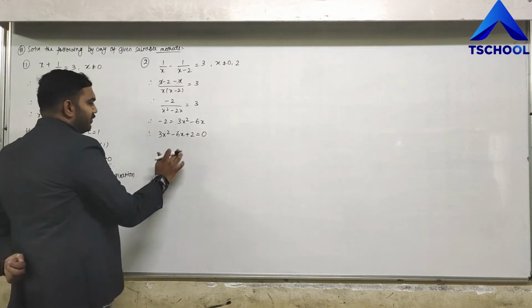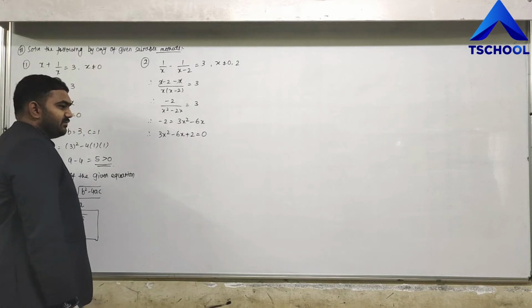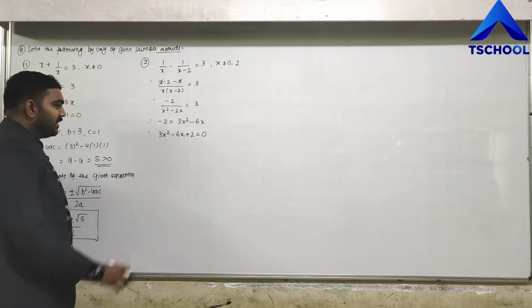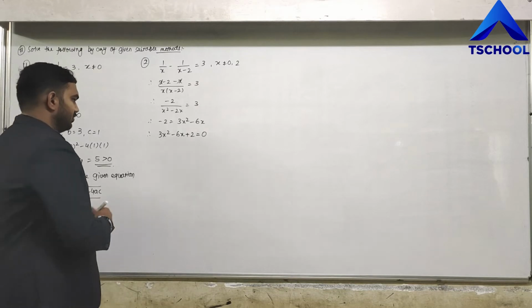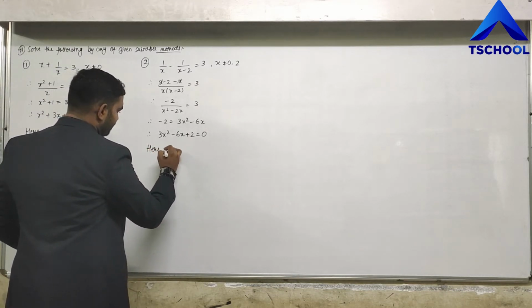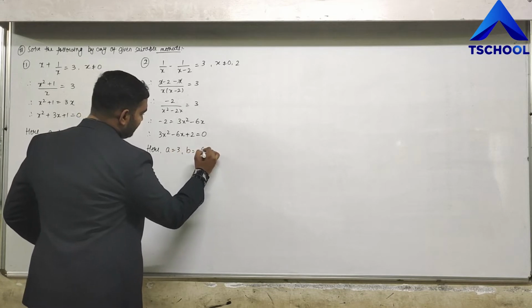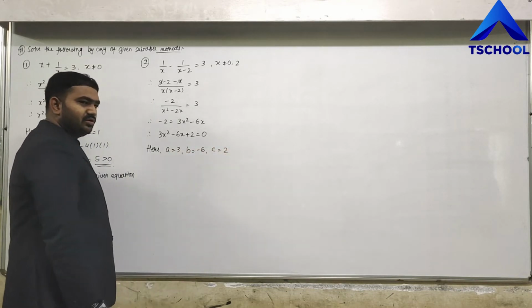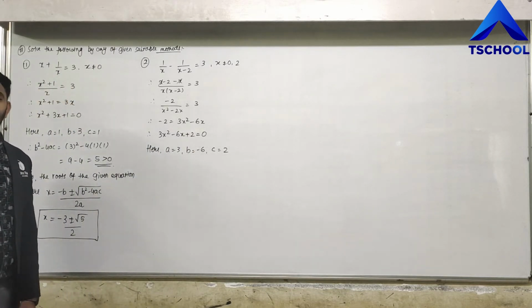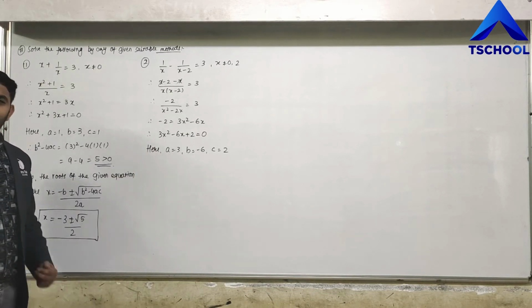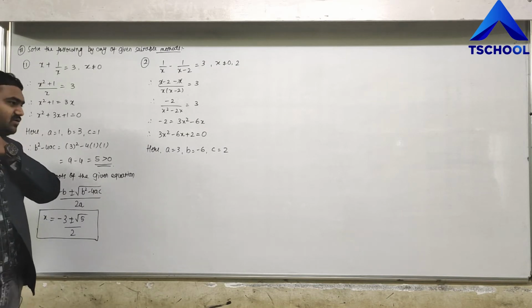Right? Now once we get this equation, we can use any of the methods here. So can you factorize this? Yes or no? No? Okay. So we shall use here a equals 3, b equals minus 6 and c equals 2. See friends, 3 into 2 is 6 and 6 can be further factorized as 6 into 1 or 3 into 2. Right? Neither 3 into 2 nor 6 into 1 will give me a result of 6. So this cannot be factorized here. So we shall use this